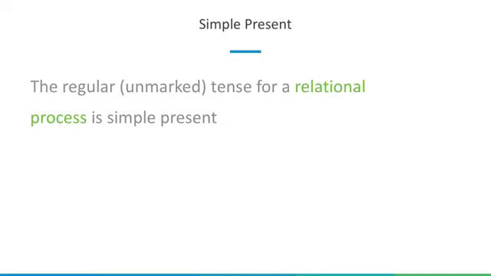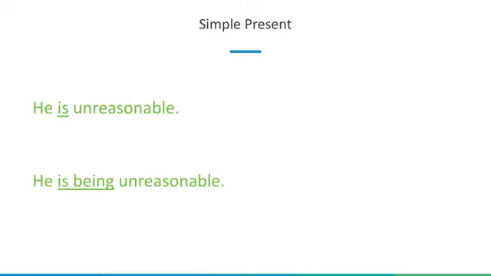Relational processes are similar to mental ones because they also have an unmarked simple present tense. In the sentence, "He is unreasonable," that's the timeless present, so it means he is unreasonable every day. It's a general truth. But if I say, "He is being unreasonable," that means that